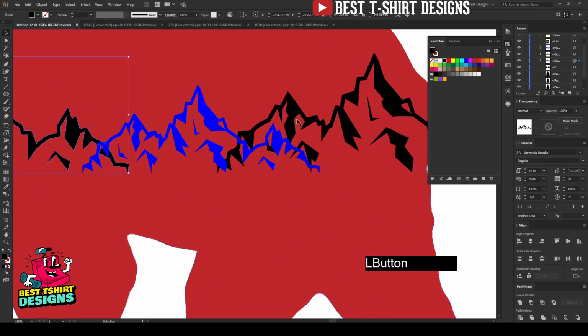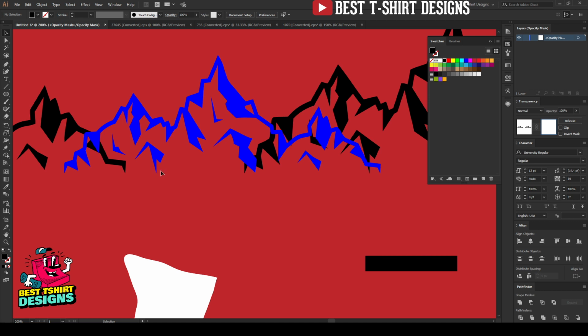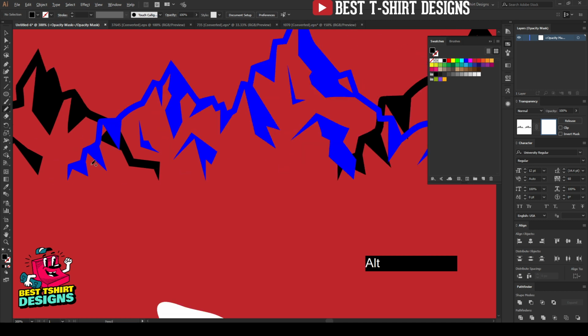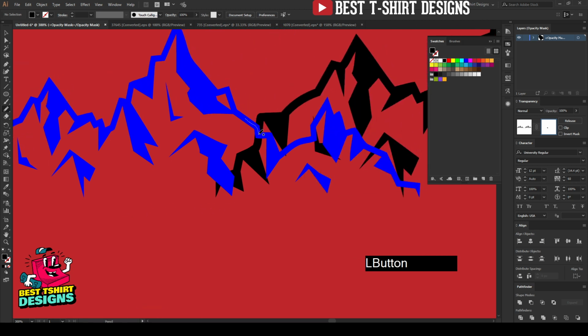Now I'm going to select these two mountains, then make them a group. Once they are grouped, we can open the transparency for them, and then whichever part is visible through the blue layer, we are going to draw a shape like this, and that is going to hide those two mountains, just like this. So of course wherever it is overlapping with this blue mountain, I am going to hide them.